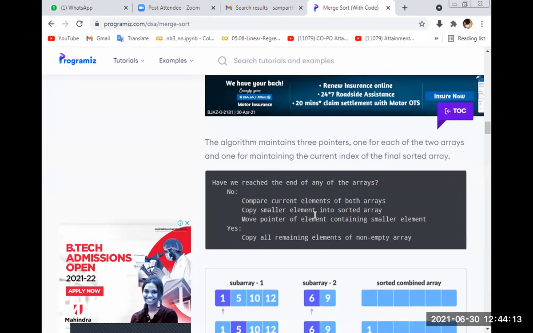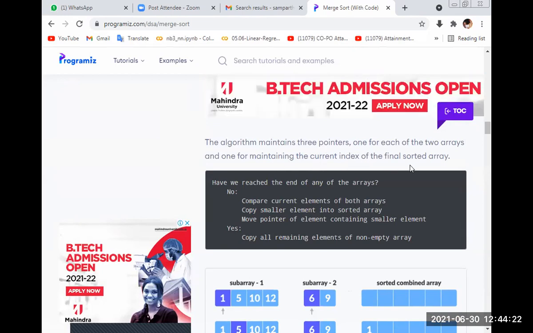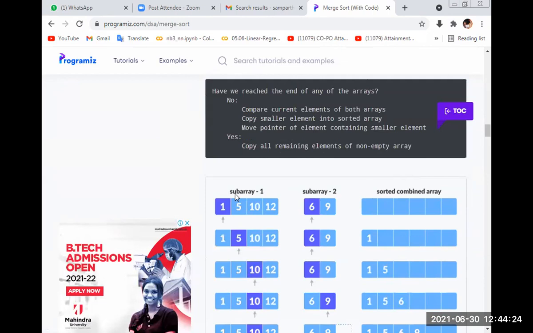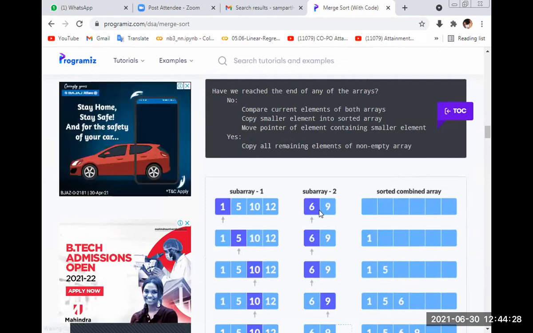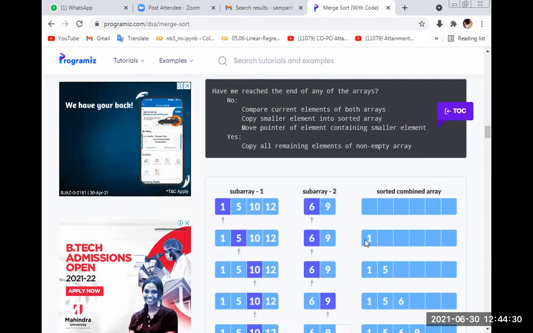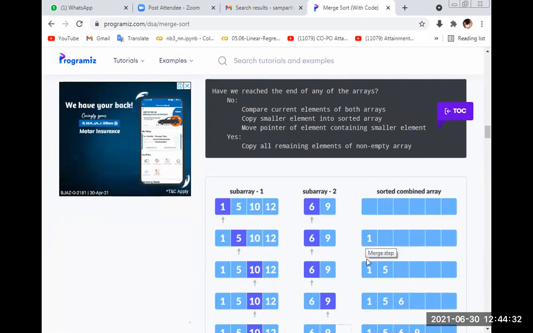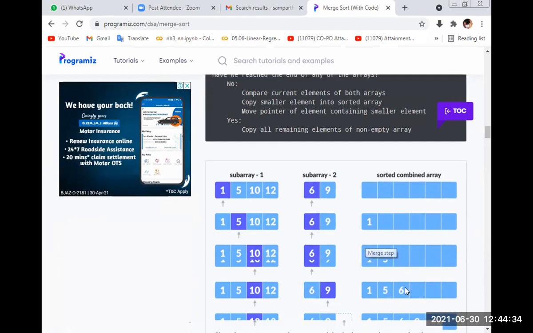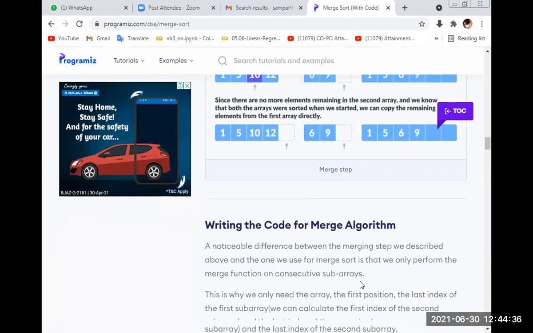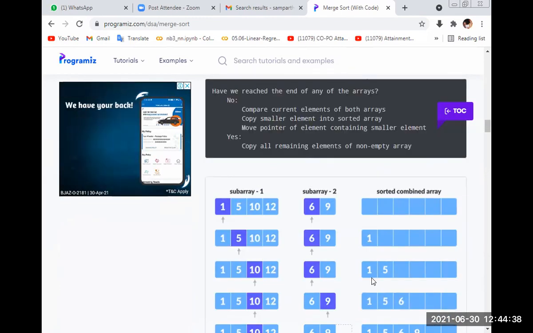When we merge, the algorithm maintains 3 pointers, one for each of the two arrays and one for maintaining the correct position of the final sorted array. This is my subarray 1, this is my subarray 2. I compare these two, and whichever number is minimum I store here, then the next minimum, and so on. So this is our merge sort. Okay, clear, students?